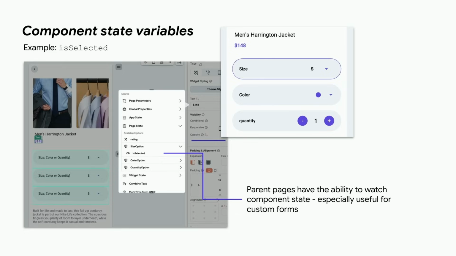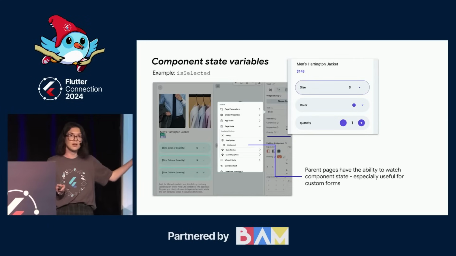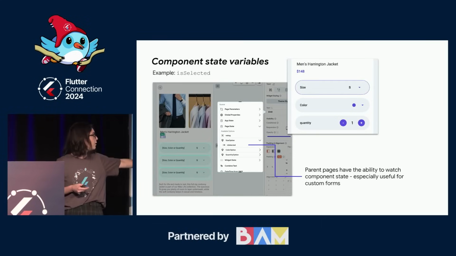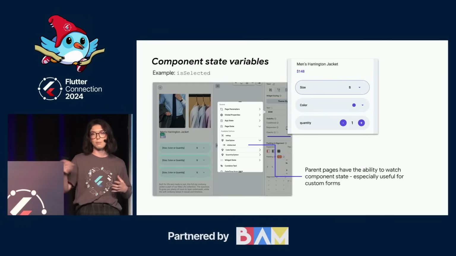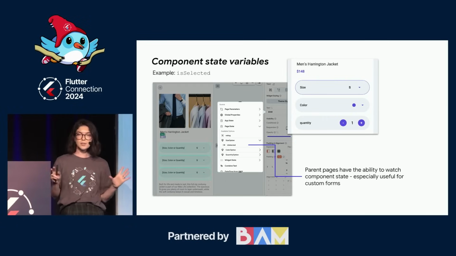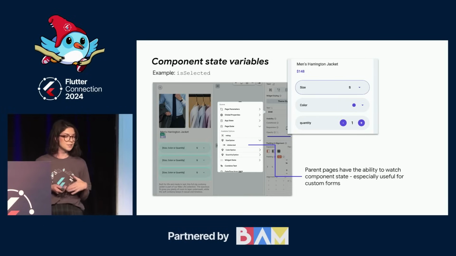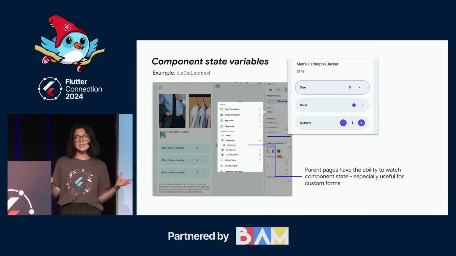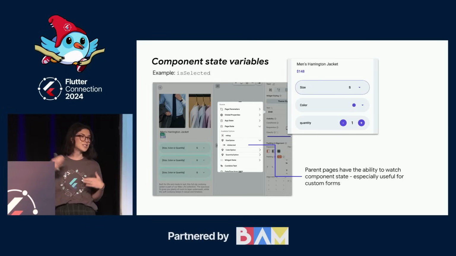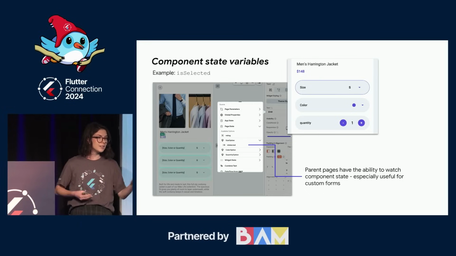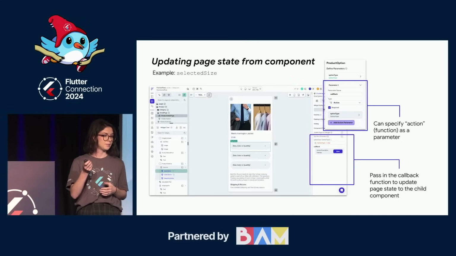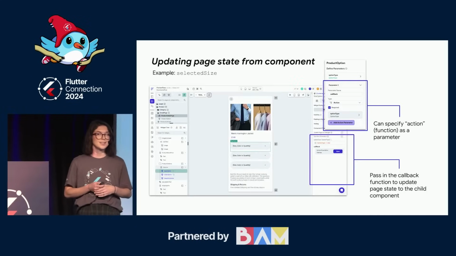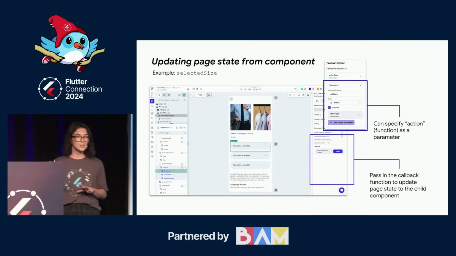So if I'm working on my page and I want to set a widget property, I can use that variable isSelected from any of those widgets, or components rather, to set the widget property. And I won't go into too much detail of different use cases for this right now, but this comes in really handy if you're creating a page that's like a form, for example, where you really need to know what the selected value of every form is. OK, so that was a little bit about the page model.